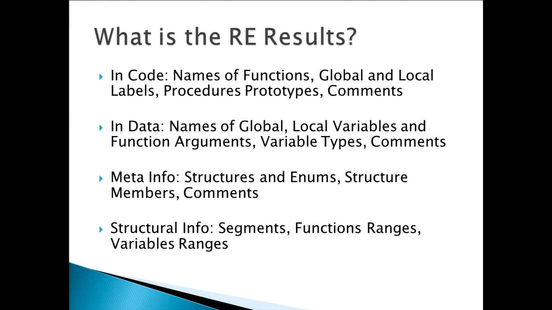Then names of global and local variables, function arguments, variable types, and comments. Then meta info: structures and enumerations, structure members, which can also have comments, and also we have certain structural